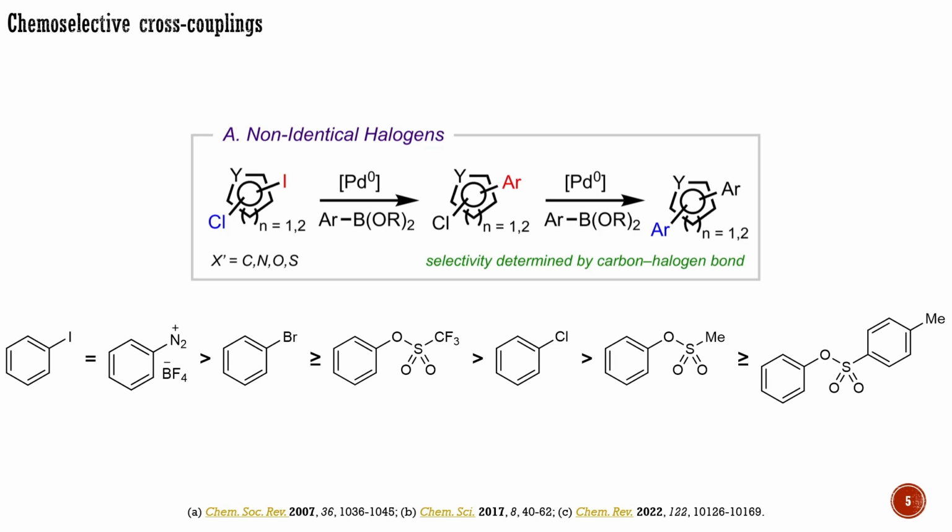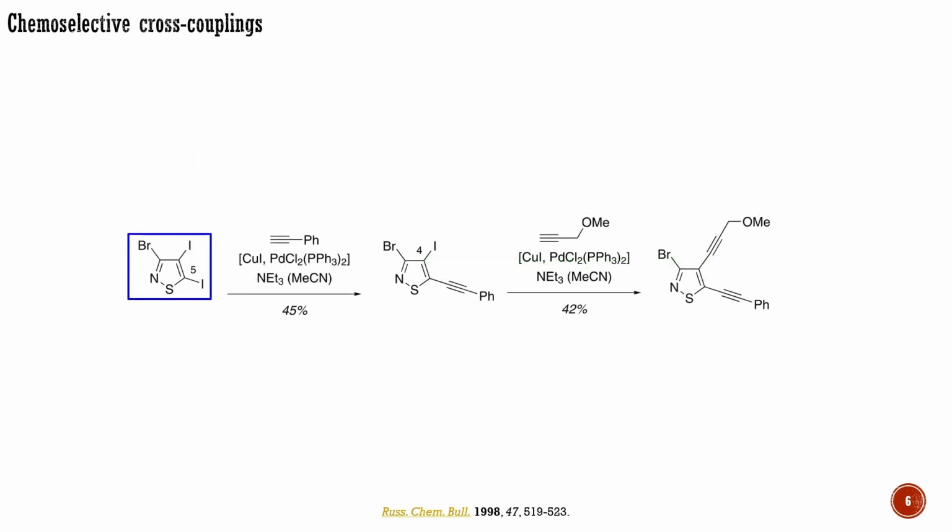Therefore, the site selectivity in arene electrophiles bearing multiple, non-identical leaving groups follows the general reactivity trend we learned in the previous lecture. For instance, if you try to perform a Sonogashira coupling for this multihalogenated isothiazole with not particularly active catalysts, the reaction will first proceed at the carbon-iodine bonds. By applying higher temperatures or sterically hindered sigma donor ligands, one should be able to sequentially functionalize the carbon bearing